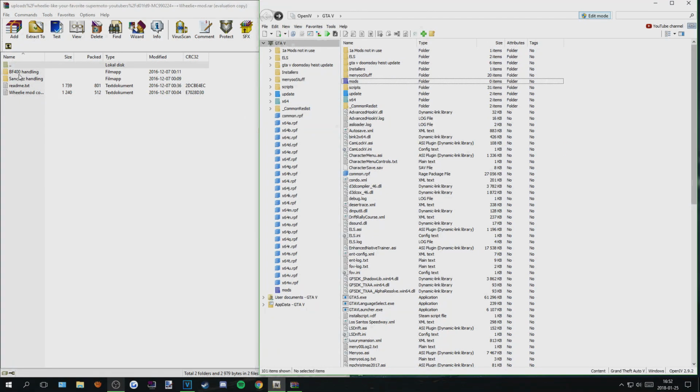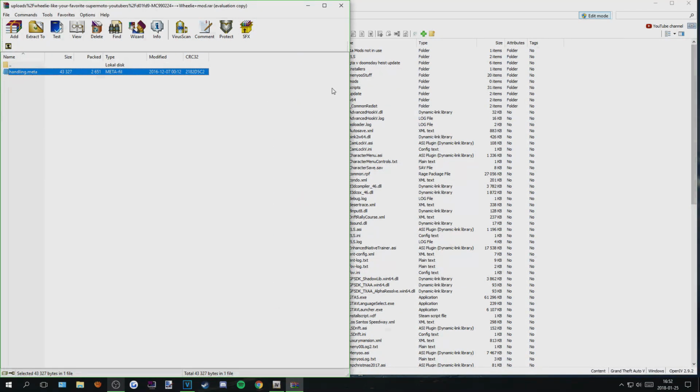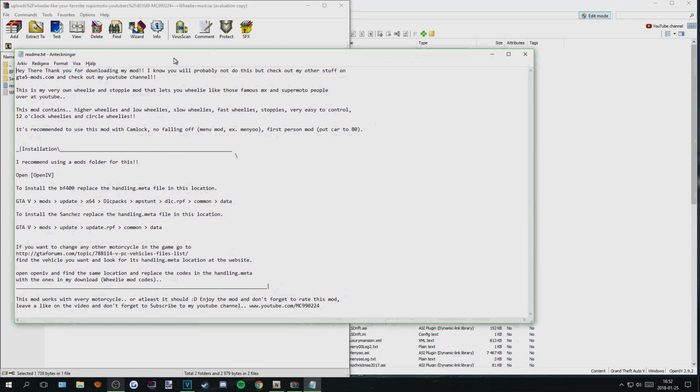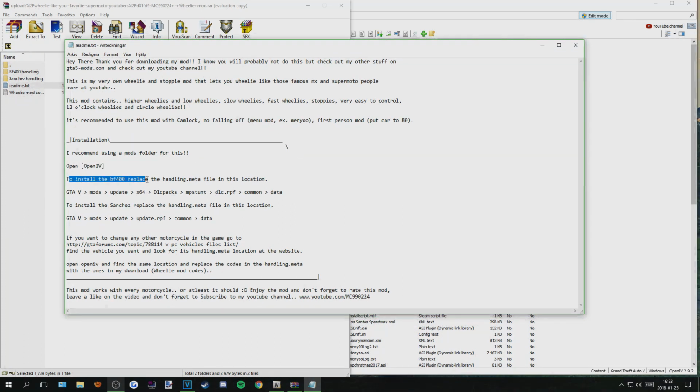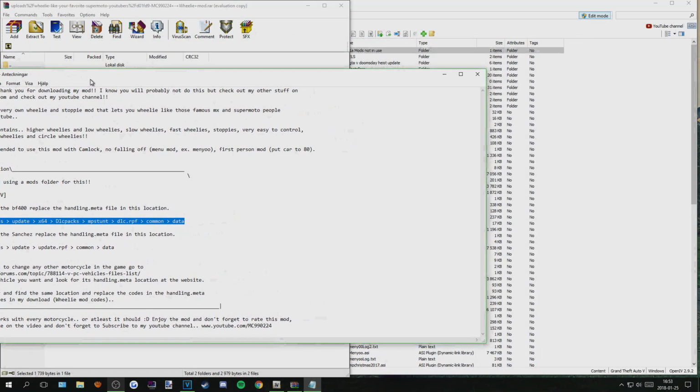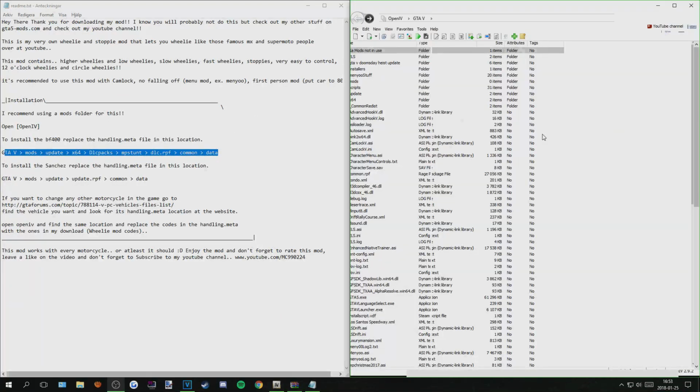And we have it right here, the BF4 handling. This is the file we want to install to GTA. So what you want to do is go back and click on the readme txt file, and if we go inside here, you can see the installation. To install the BF400, replace the handling.meta file in this location: GTA 5 mods update x64 DLC packs MP stunt. So if we put this to the side and we open OpenIV,